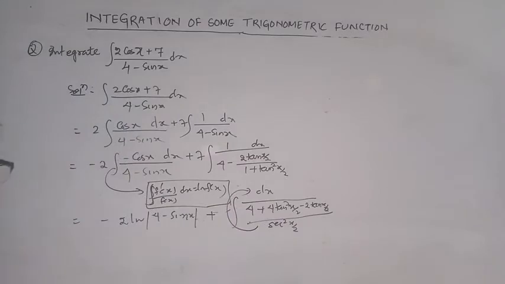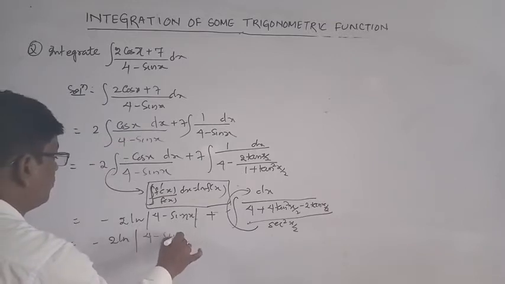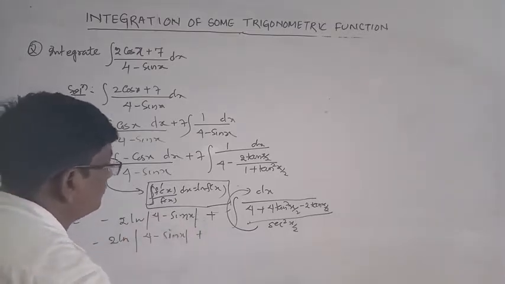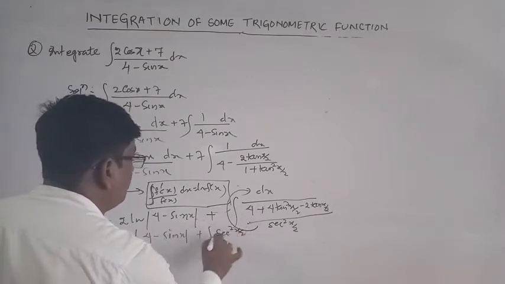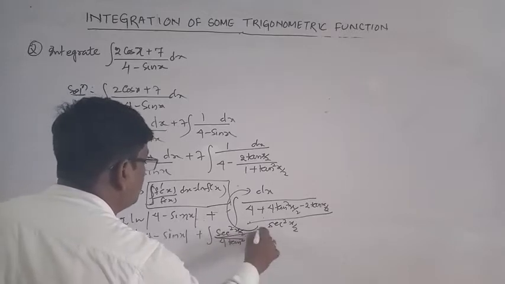So this is equal to that, minus 2 of log of mod of 4 minus sin x, plus integration of sec square x by 2 divided by 4 tan square x by 2